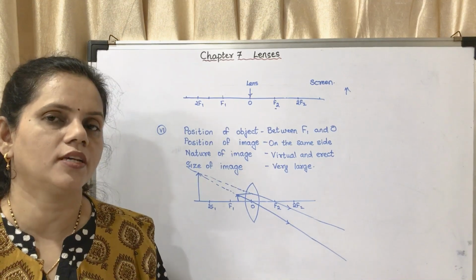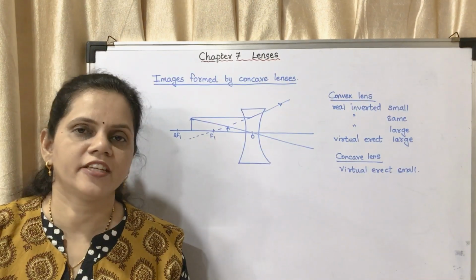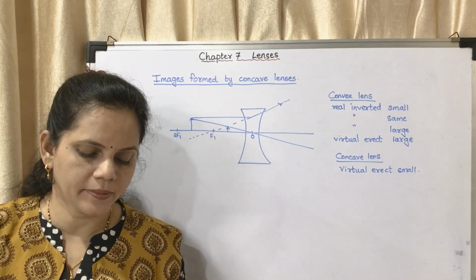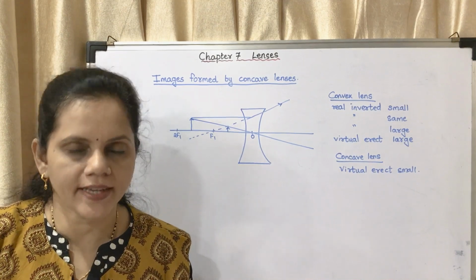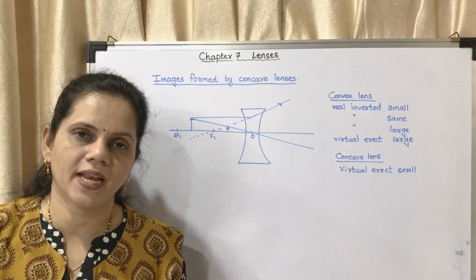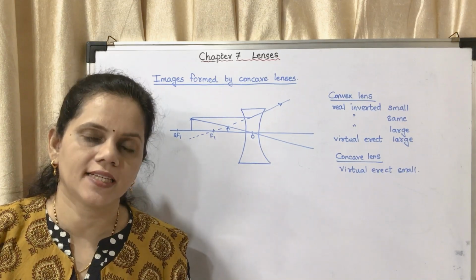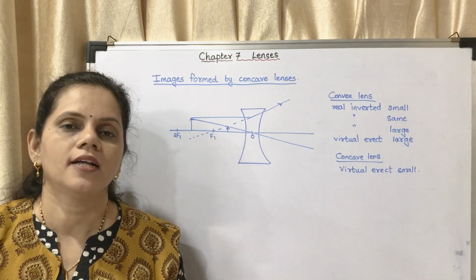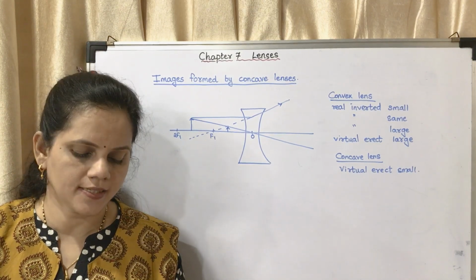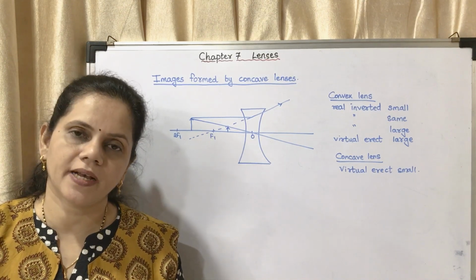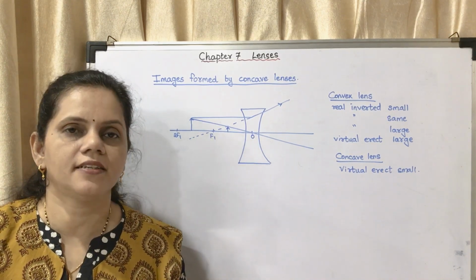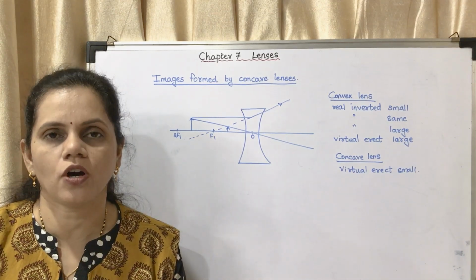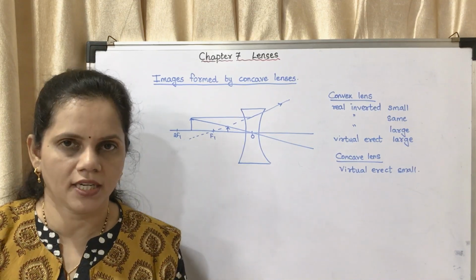Now we may move on to concave lens. Now the images formed by concave lenses, you may see there are 2 rules given on page number 83. The first rule is when the incident ray is passing parallel to the principal axis, the refracted ray, when extended backwards, passes through the focus. I had shown you how to draw the principal focus of a concave lens. Then the next is when the incident ray passes through the focus, then the refracted ray is parallel to the principal axis. These are the two rules which have to be followed while drawing ray diagrams for concave lenses.